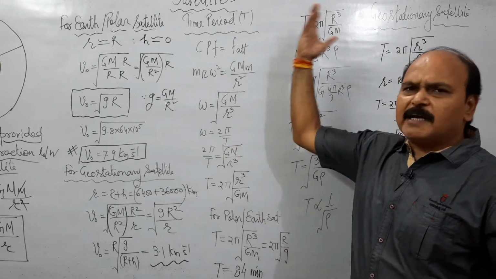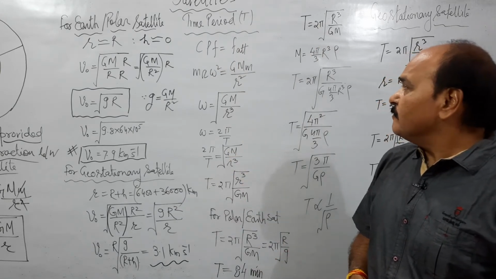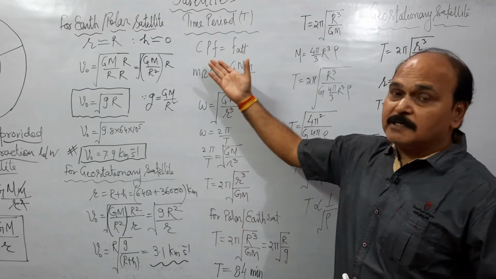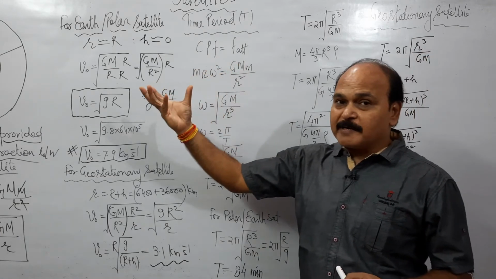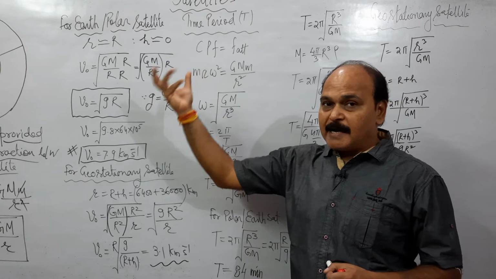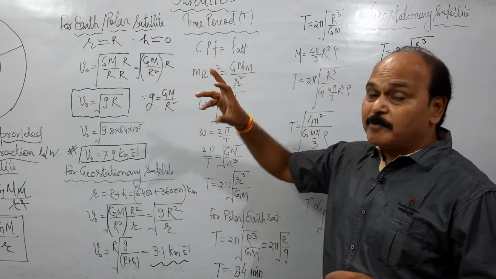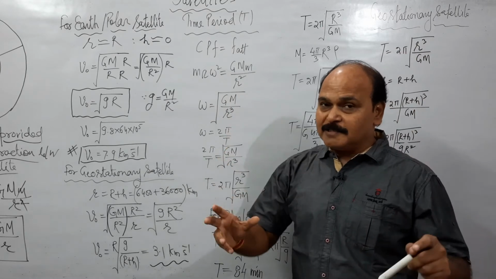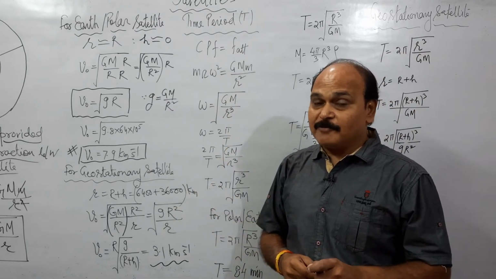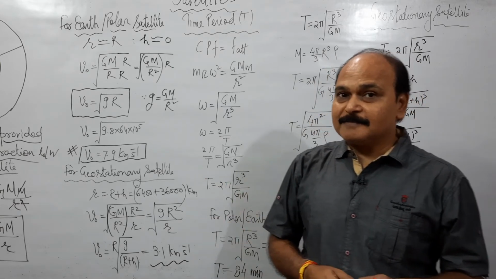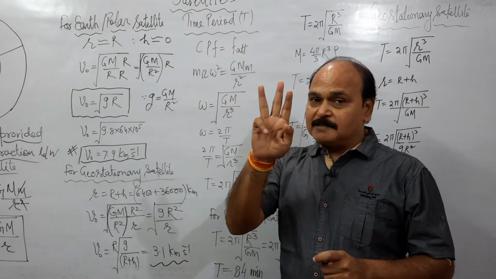Well, what is time period? Let us work out the expression for the time period. Well, centripetal force, as we know already, is provided by the force of attraction between satellite and the planet. And we are going to write down centripetal force in terms of angular velocity or angular frequency of the satellite. Well, what is centripetal force? Centripetal force has three relations.